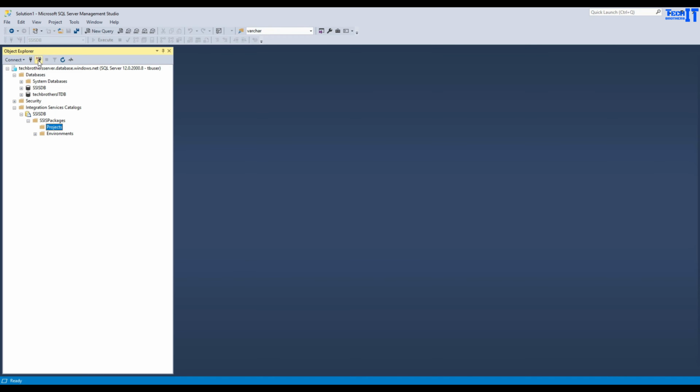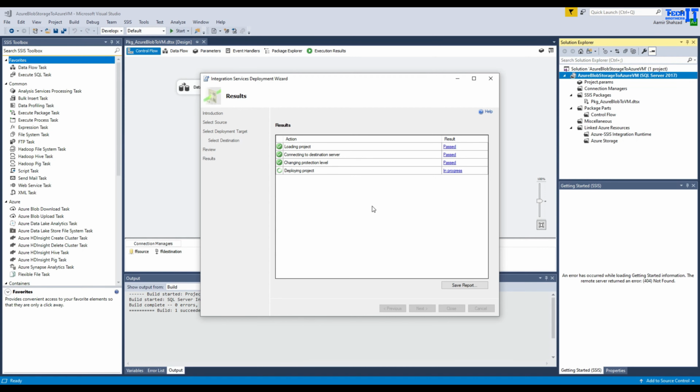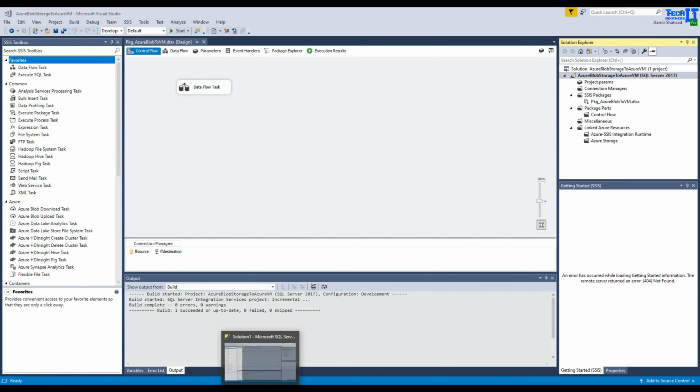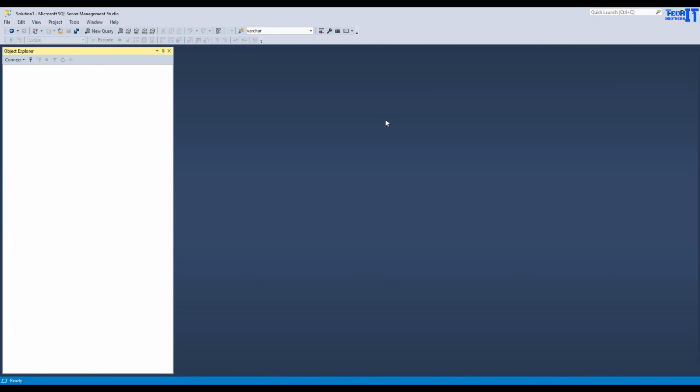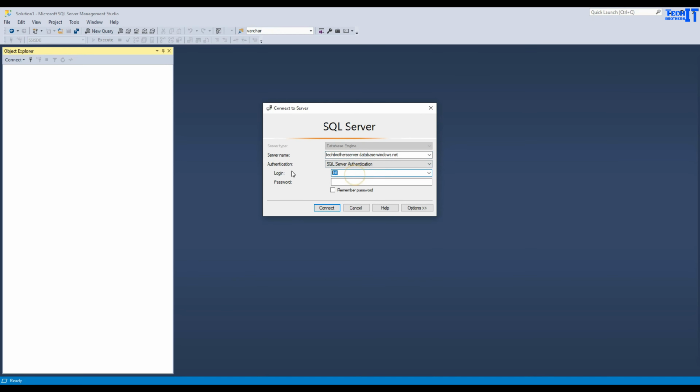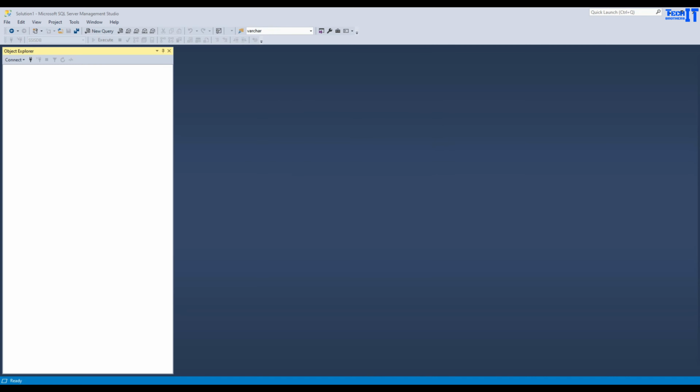Also, what I'm going to do, I'm going to disconnect from the management studio, and then reconnect, and hit OK. The package has been deployed successfully. Let's connect back, and now we should be fine. Okay, so now we are connected with our Azure SQL database. Here is my SSIS DB, and here is my integration services catalog, SSIS DB, and here's new packages, projects, and